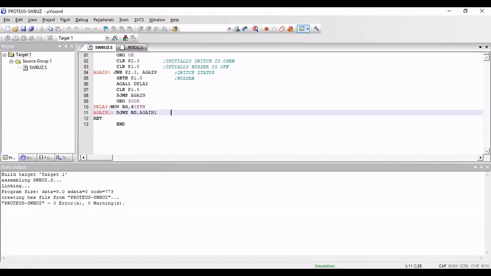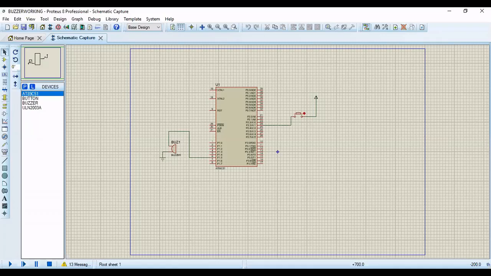Once this is done, I'll go to the Proteus software, where I have already written my program and rigged up the circuit. Let us demonstrate it first. So this is my Proteus, right? Here I'll be demonstrating whatever I have already done. Then let us see how it works. Go to run. At the bottom left we have the run button, so we need to press that.